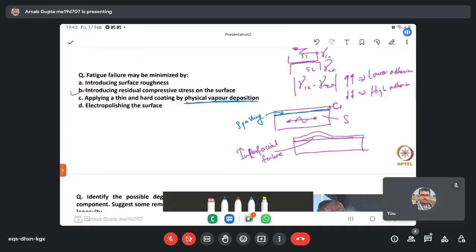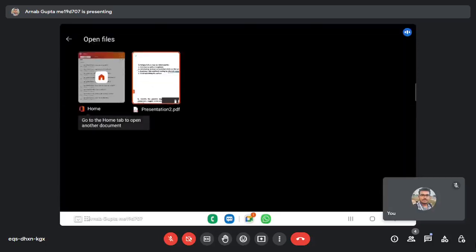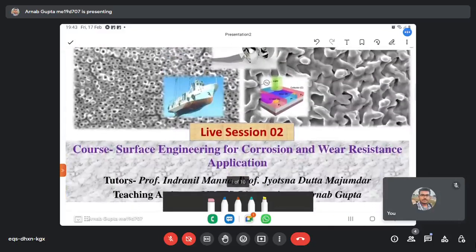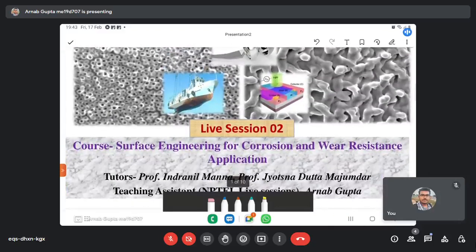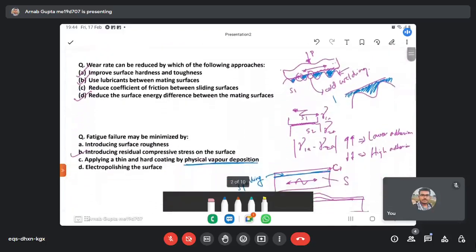wherein you're getting a diversified idea on the different techniques of surface engineering. So you will get an overview of different surface engineering techniques, which you can adopt judiciously for corrosion and wear resistance. But apart from that, you need to understand the